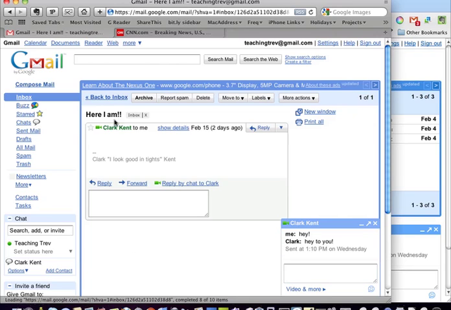And here you can see I've got email message. I'm not going to go into a lot of the detail about email because we all know how email works. What you need to do though is go into the settings. You can create filters. So as messages come in, you can have them get sent to different folders that you create. One of the really cool things about this kind of stuff is if I send you a Word document, I can actually look at that Word document from right here within Google Gmail without having to actually open it up in Microsoft Word or something. And we'll talk a bit about that a little later.